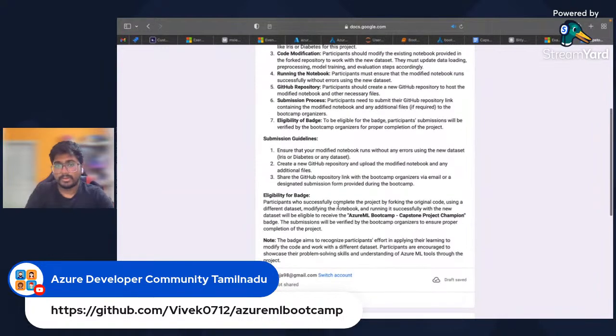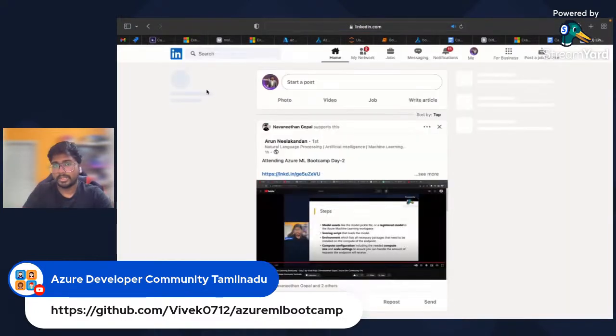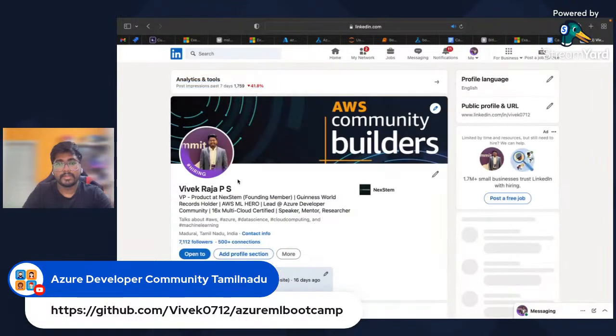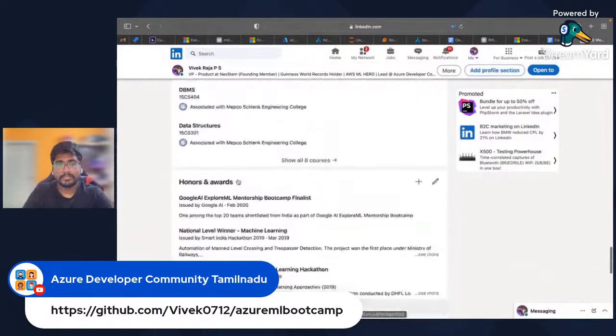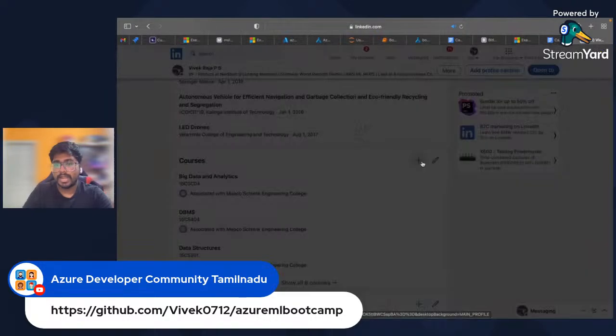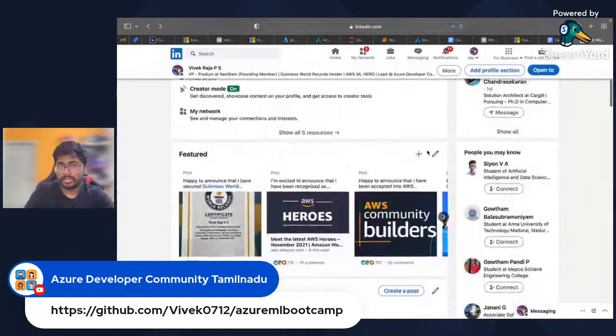It's only the organization's decision about how you completed the work, and based on that, we'll grant you the champion badge. This badge, you can append it to your resume, and you can also append it to your LinkedIn profile. You can share it across LinkedIn and include it in your LinkedIn certification badges as well. If you go to your LinkedIn, you can add your certifications and links over here, under courses and certification. That link will have a URL as well, so you can add it to your LinkedIn profile.